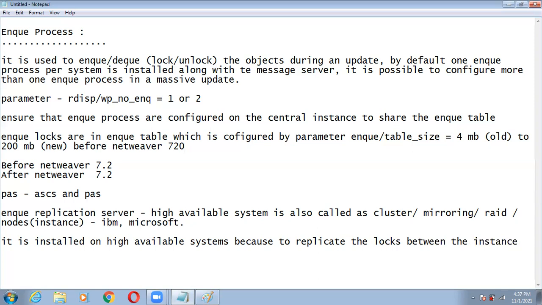So what do you mean by replicate? Does anyone know what replicate means? Anybody? Your voice is not clear. Can you write in the chat?